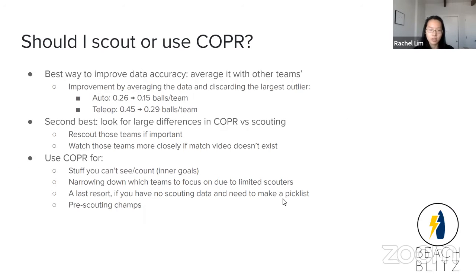Yeah, so you just gotta use COPR. If your concern is data accuracy, which I assume is the concern of most teams, surprisingly, well, maybe not surprisingly, but by far the best way to make it more accurate is to work with other teams and average your scouting data. So the results that I got by just taking the 8 teams' scouting data, averaging it per team, and then discarding the largest outlier,